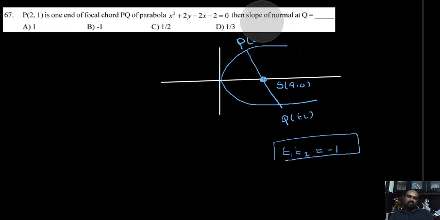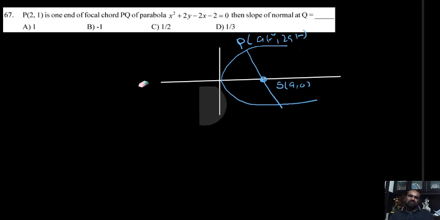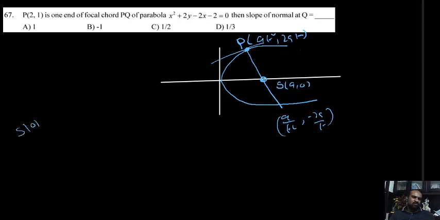In this problem, I want to take P as (at², 2at). Obviously the Q point becomes (a/t², -2a/t), just write 1/t instead of t. Try to find the slope of the tangent at P, that is the first derivative of the curve only.